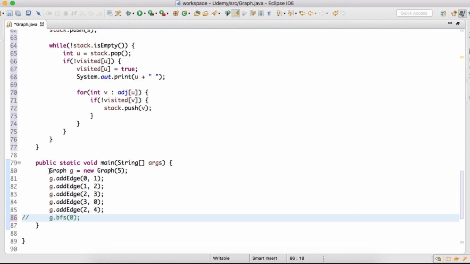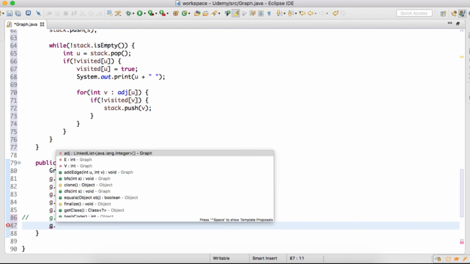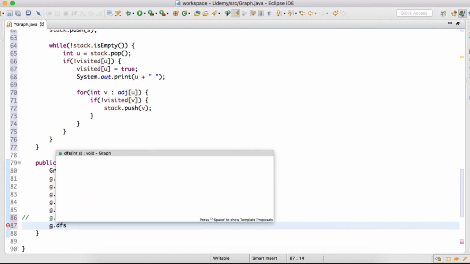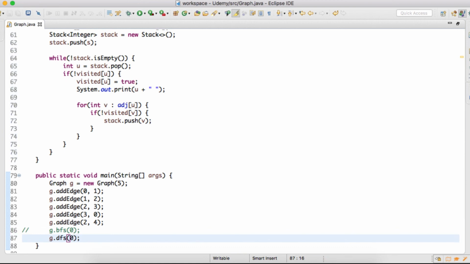So here you can see we have created a graph with 5 nodes and we have added the edges between the nodes, say from 0 to 1, 1 to 2, 2 to 3, 3 to 0 and 2 to 4. So this is the same graph which we discussed in our previous lecture. So here in the main method we simply call the DFS method and we'll pass the value of the source node as 0, that we have to start our depth first search from the node 0. So if I run the code now,